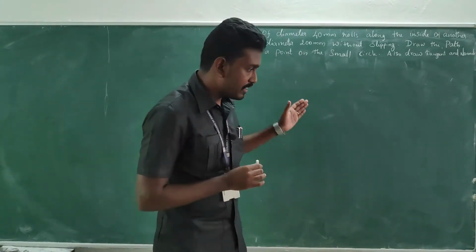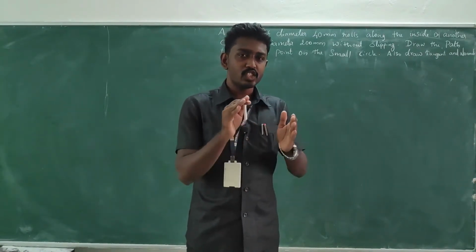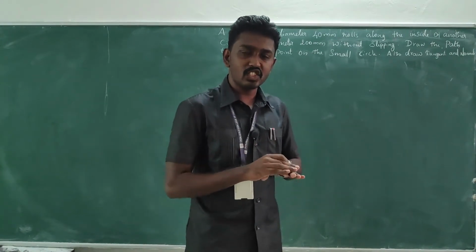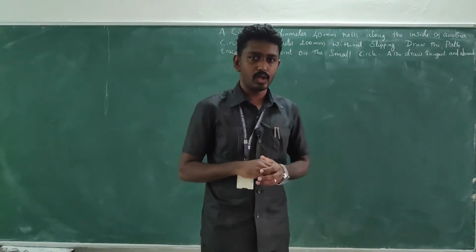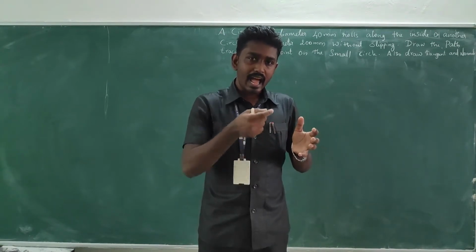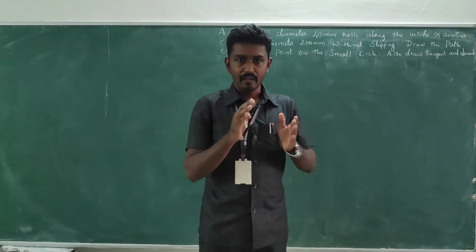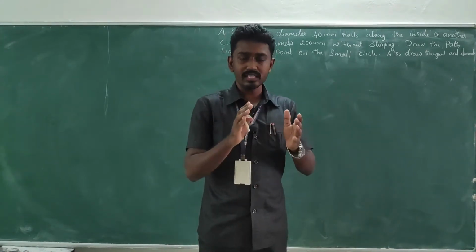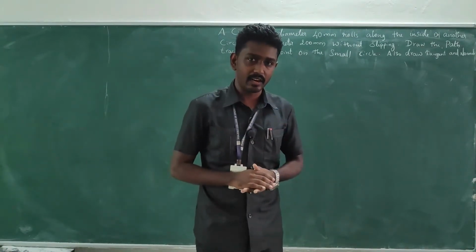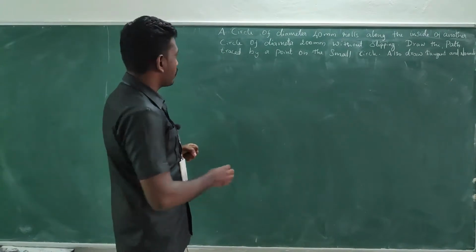Try to identify which curve this question is about. I can say cycloid in the sense when a rolling circle rolls on a straight line path. Am I right? Yes. Epicycloid in the sense if a rolling circle rolls above another circle. It is a hypocycloid if a rolling circle rolls inside of another circle, right? So try to get the correct information.